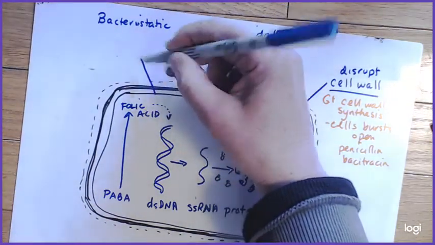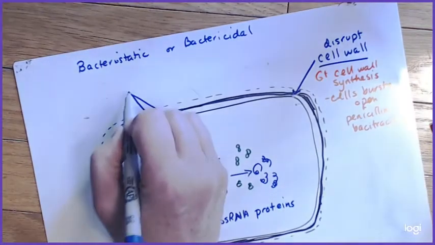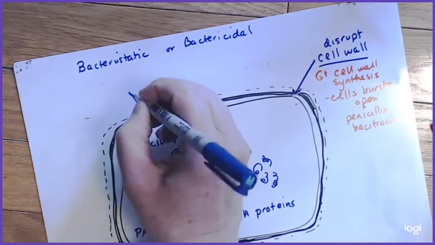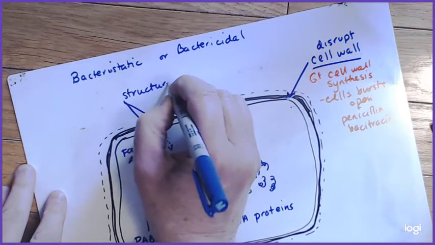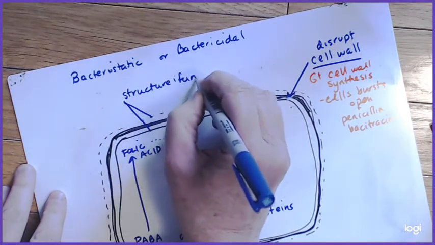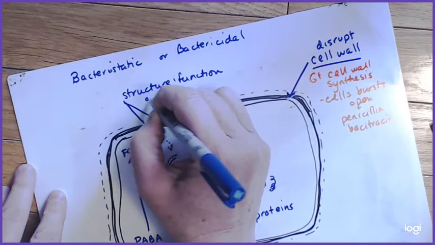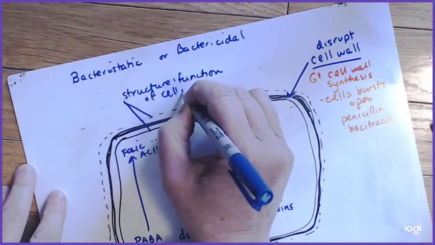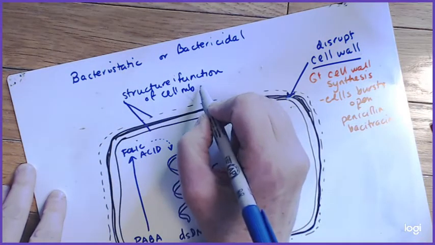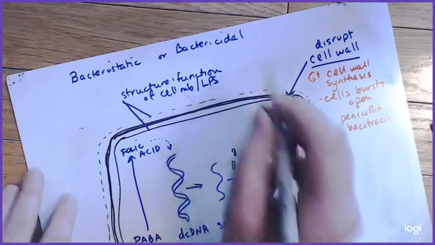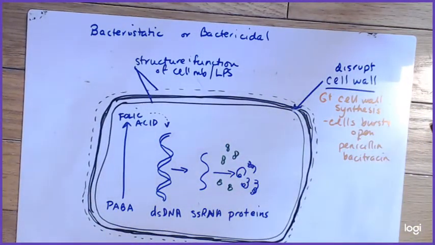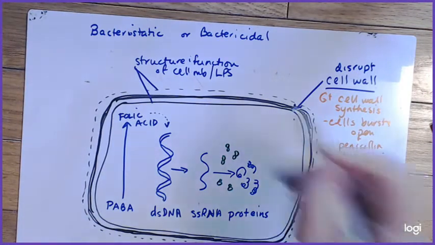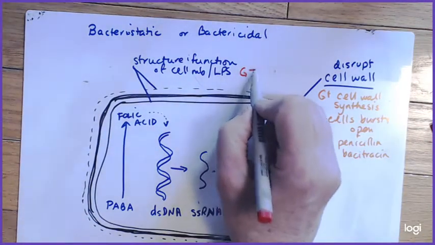Okay, so we can use the cell membrane. So we're going to disrupt the structure and function of cell. I'm just going to put MB for membrane, or the LPS layer. All right, and this is going to be important. We're going to use this for our gram-negative bacteria. So we're going to use some of these antibiotics for our